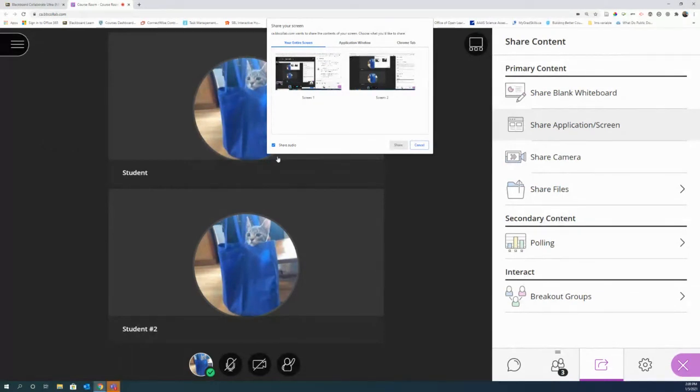Now, this is where you have to be a little careful. Some people want to use this to share video, which can technically work. I could use this, share audio, then I start playing a video and it would show the video and the audio. The problem is this is bandwidth intensive. If my connection is weak or the student's connection is weak, likely the streaming is going to suffer. It might lag and they might miss parts. So